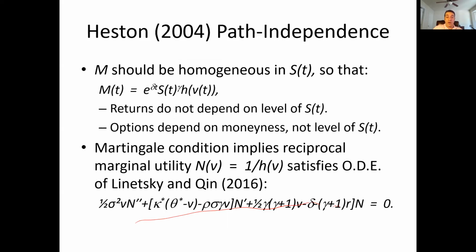There we are. That is an ordinary differential equation, a second order ordinary differential equation. And Hansen and co-authors call it an eigenfunction equation because it says that some linear operator on n, on the reciprocal pricing kernel, is in a linear equation with n. It's proportional to some multiple of n. So they say that's an eigenfunction. But it's a second order ordinary differential equation, a linear equation, and it does depend on gamma, as well as the discount